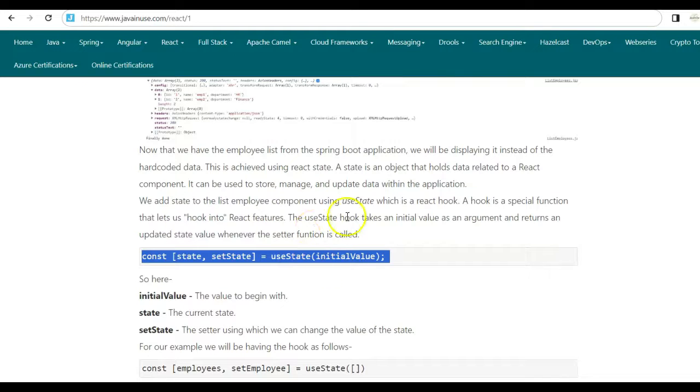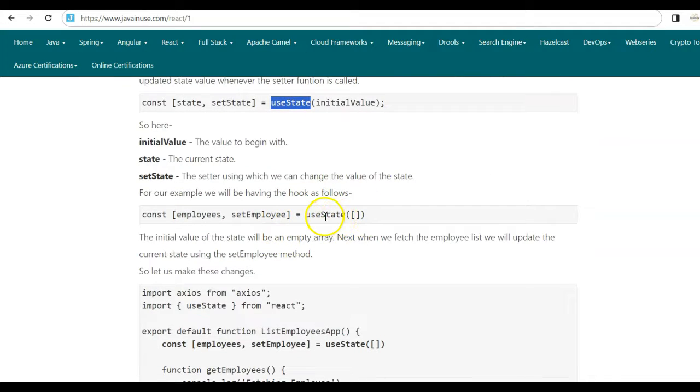Now this can be a bit confusing, so let us understand how we make use of useState in our application to understand it better. In our application, for the useState, we pass an empty array. So the state variable employees, its initial value will be an empty array. Also we have a function here, setEmployee. Using this function, we can change the value of this employees array. So when we make use of this useState in our application, the employee list will initially be empty, as the employees array here, using which the employee table is being populated, is empty. Later when we get the employees list from the Spring Boot backend, we'll be making use of the setEmployee function to update the employees array, which will in turn update the employees table.